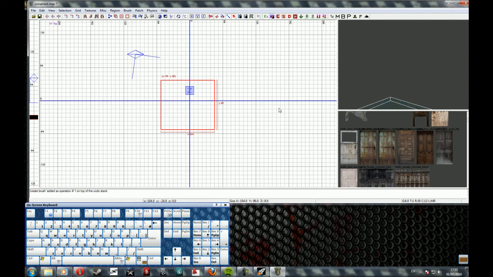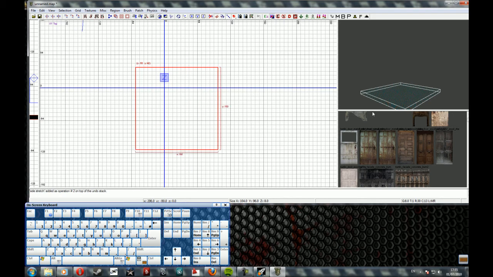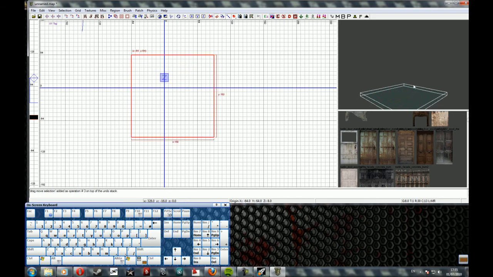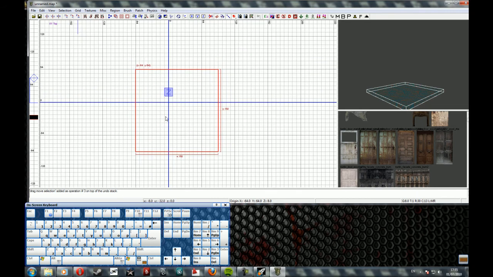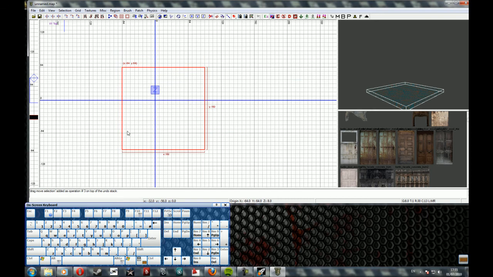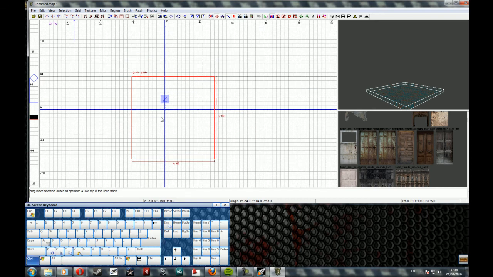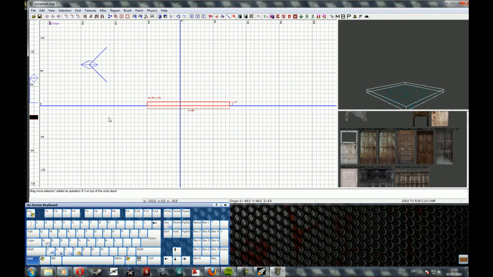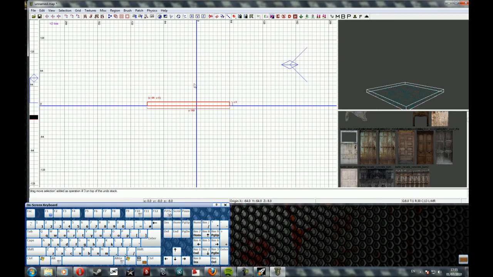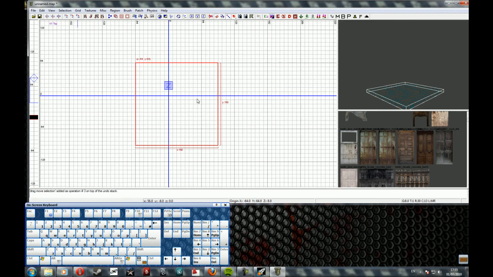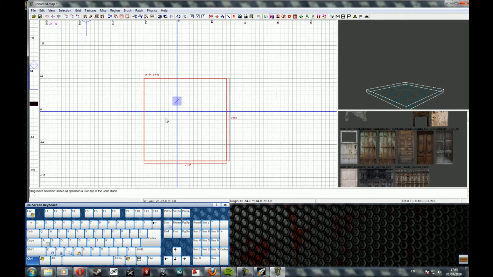Okay, so if you noticed in 2D view we're looking down on this brush here. So there's 3 views in 2D view. There's X, Y and Z view. To change what view you're looking in, you just hold Control and tap Tab. See, we're now looking at it on the side. We're looking at it on one side. To look on the other side, let's press it again and then come back to the top view. This Z-axis view you can use to resize stuff on the Z-axis